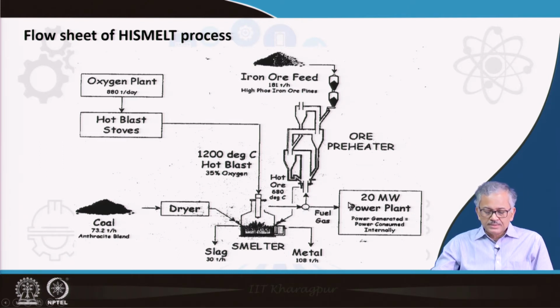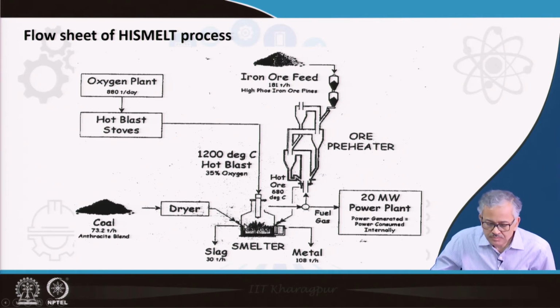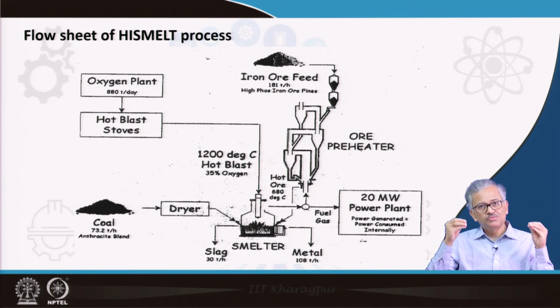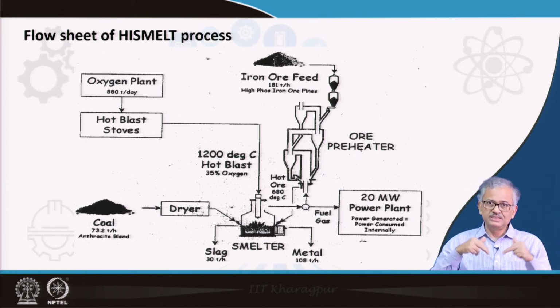So this is the process. Here you can see you directly use the iron ore fines, coal fines, but injected directly into the hot metal. This is the very unique feature, the injection feature, that it can increase the efficiency of melting, and utilization of the carbon and iron ore become much more efficient. And second thing is that you are using the hot air blast that carries a lot of sensible heat, and that can also reduce the coal rate.